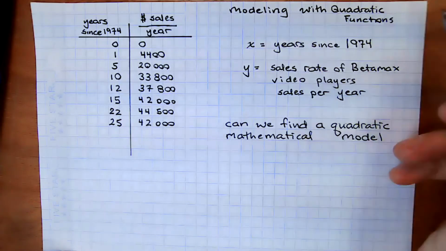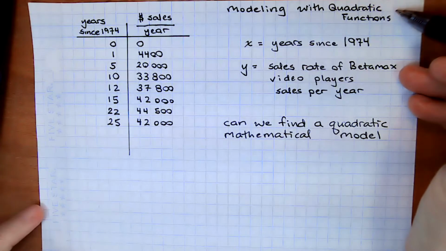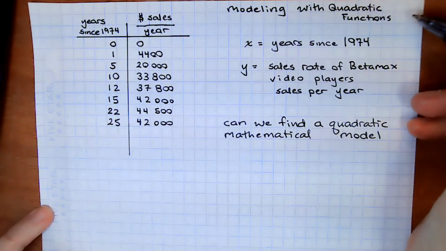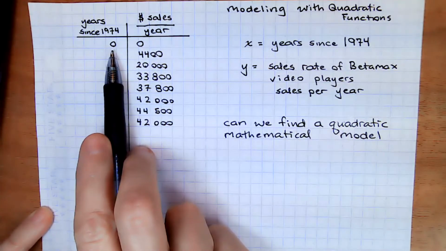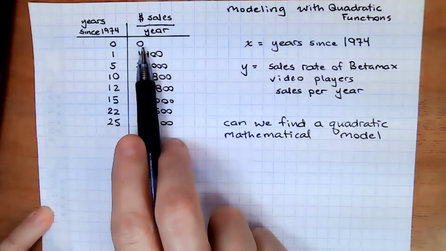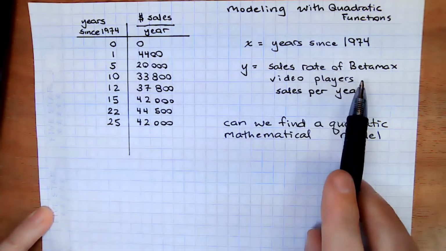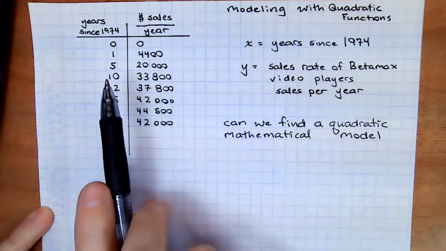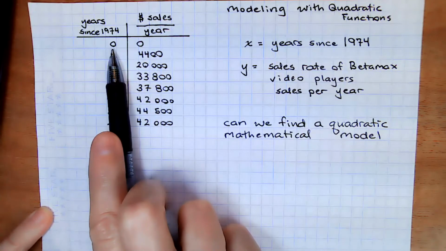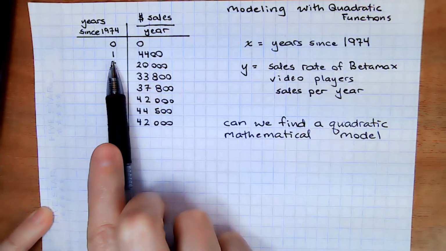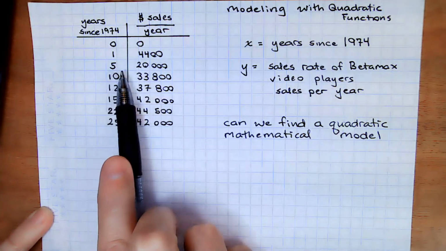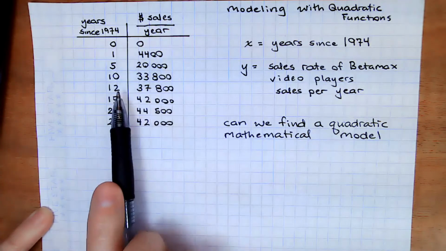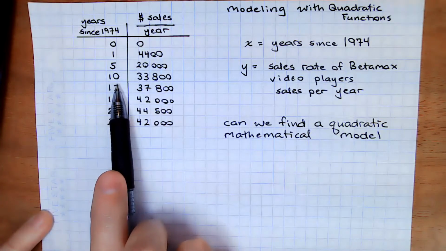All right, let's learn about modeling with quadratic functions. So we're going to start with a data set. This is the number of years since 1974, and this is the number of sales per year of Betamax video players. So when they first started, they had not sold any. After 1 year, they'd sold 4,400 in that first year. During the 5th year, they sold 20,000. During the 10th year, they sold